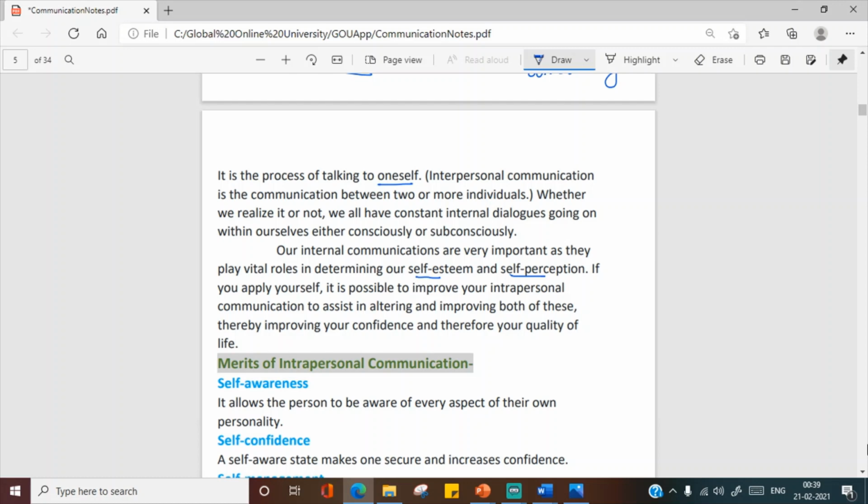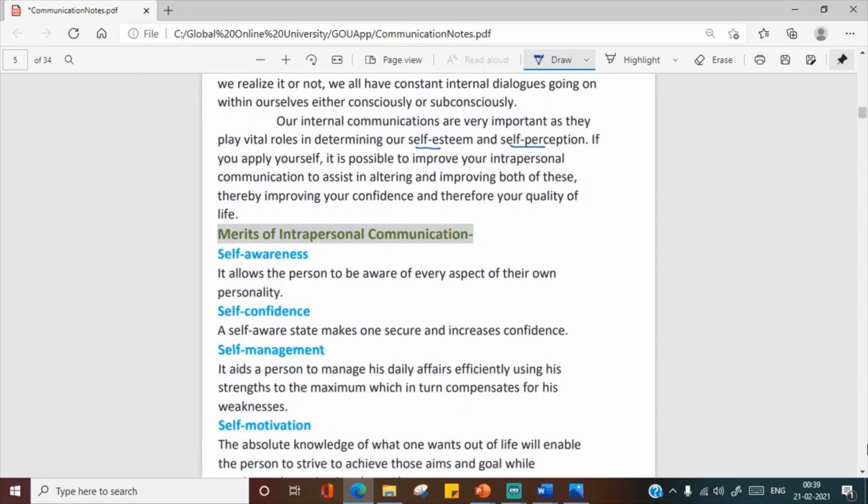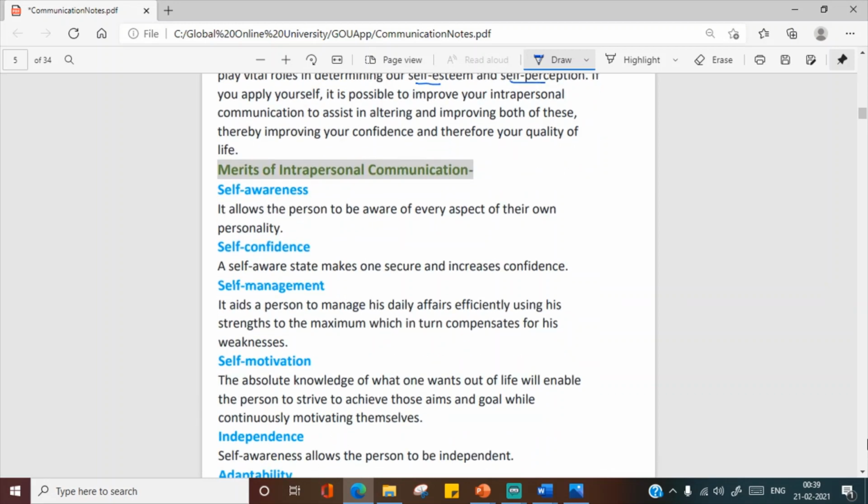There are various benefits of intrapersonal communication, first is self awareness. It allows the person to be aware of their personality. Okay, so when we talk about ourselves, when we sit alone, we think, okay, I am good at this, I think if I improve in this area,